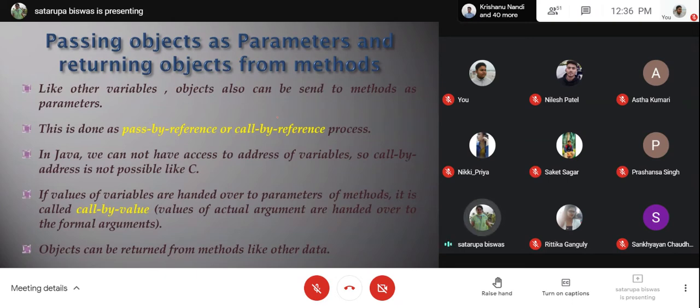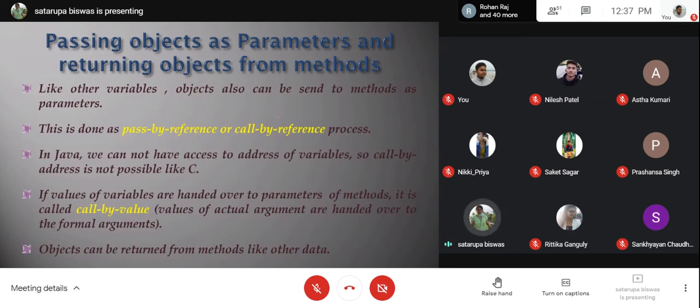Now the next concept will be passing objects as parameters and returning objects from methods. So inside a method, we have already sent primitive values like integer, double, string, this type of thing. But apart from them, we can send different objects also as parameters.